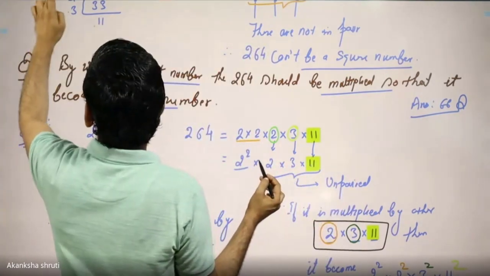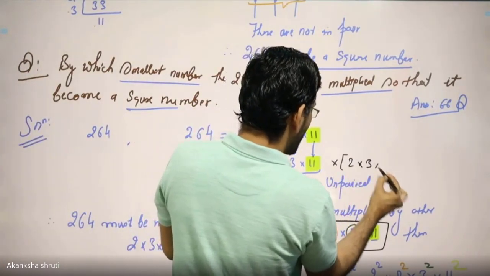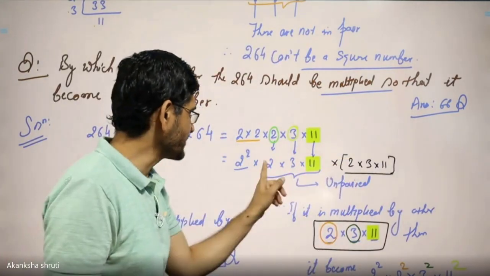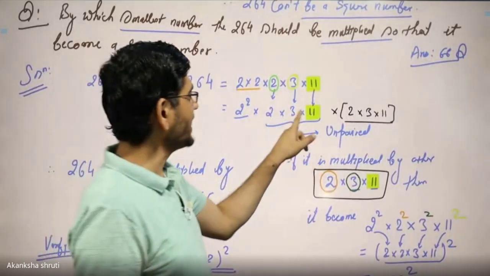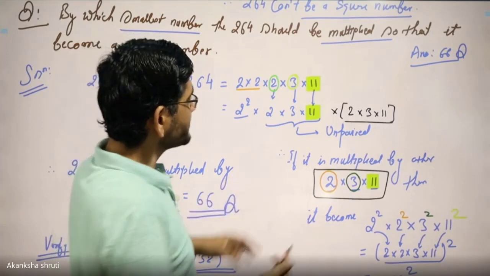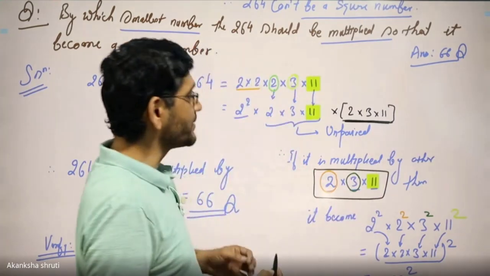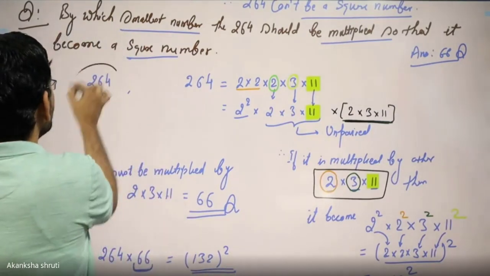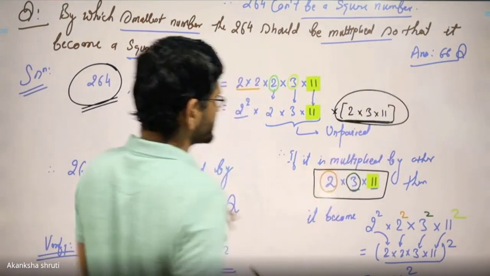If from our pocket we put another 2, another 3, another 11, then it becomes a square number. At that time it becomes this 2 square, this 3 square, this 11 square, so that we may write this as the square of another number. Students, whatever we have to take from our side or our pocket is called the multiplying factor, or the smallest number by which this shall be multiplied. So this shall be multiplied by this number from our pocket, so that it becomes a square.